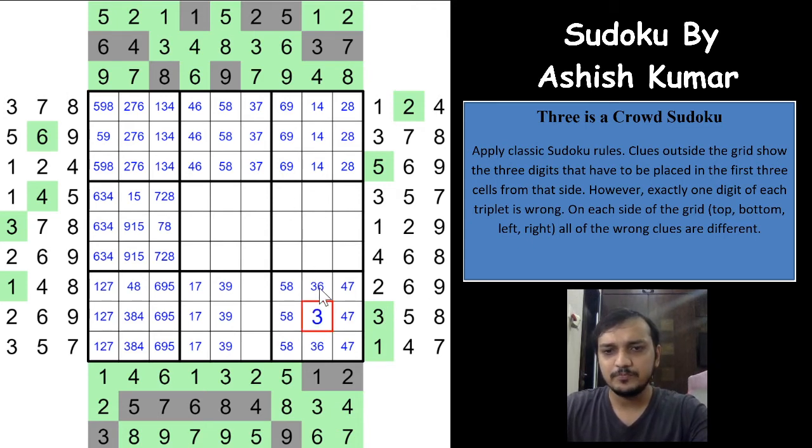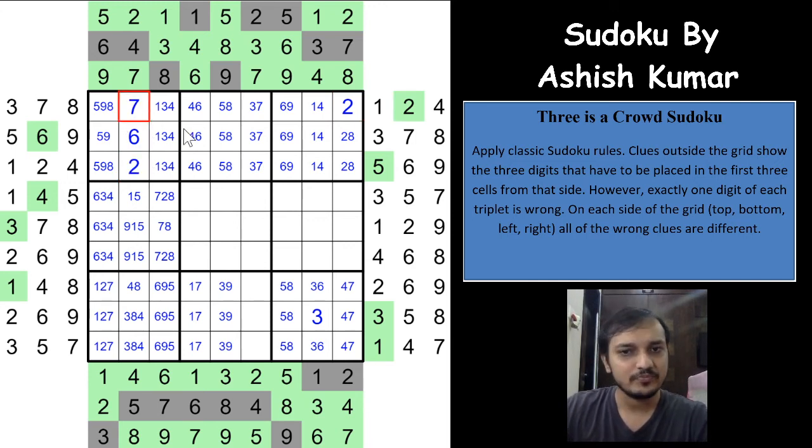The mutual cell. The 2 is correct, 2 has to be here. Sorry, 5 is correct, we are not sure, 5 has to be in one of these 2 cells. Same way 6 is correct, which means 6 has to be here. And because of the 2, now 2, 7, 6 is the possibility, right? Because of the 2 we get a 2 here and a 7 here, right?